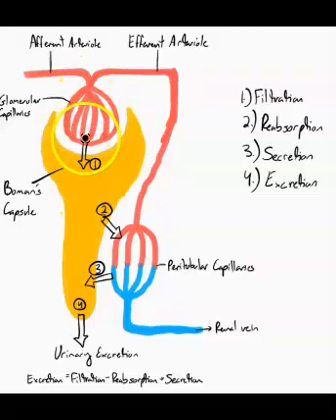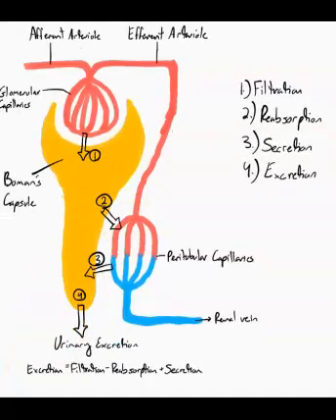that are pulling fluid back in. So if it's about 55 millimeters of mercury from the glomerular hydrostatic pressure, and then you subtract the other two from that amount, because the other two forces are going back into the capillaries, that will total to about 10 millimeters of mercury of pressure going out of the glomerular